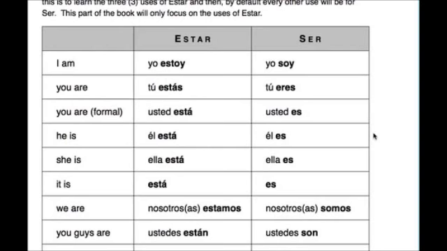So we have these 2 verbs and they have a specific uses. Estar has 3 uses and ser is going to have like, I'll say 8 different uses. However, if you understand the 3 uses of estar, by default, everything else will be ser, right? If it doesn't fall into one, right? If we have to analyze things, because that's what happens once we're adults, we kind of want to know why. Wait a minute, this doesn't make sense. If we can understand the 3 uses of estar, something is going to either fall into that category or not. And if it's not, then it's going to